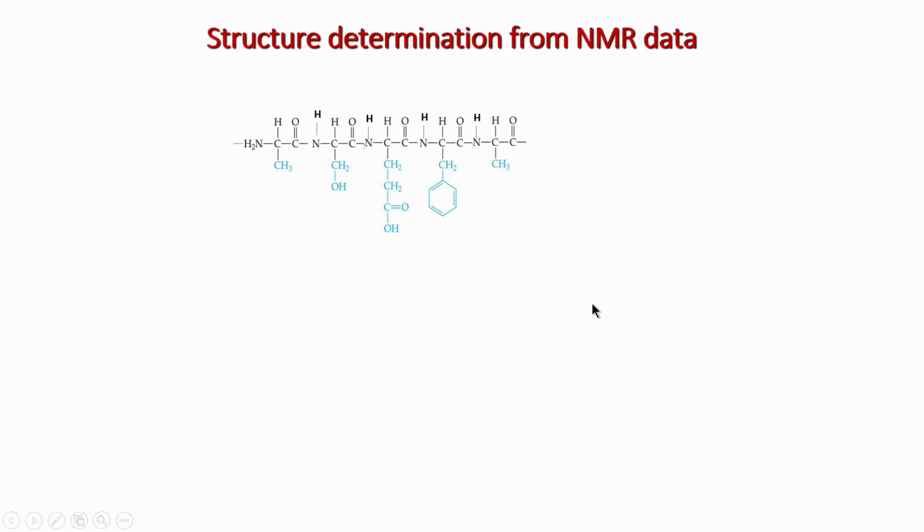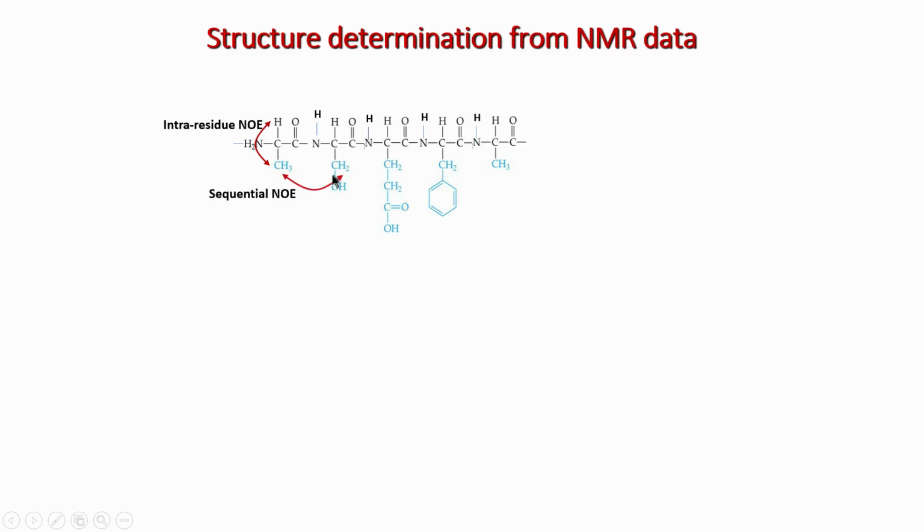So, let us see now how we classify the different correlations. Number one is, suppose I see a correlation in NOESY between a proton like this and a proton in the same amino acid. So, this is an amino acid called alanine. In that alanine I am seeing a correlation between the alpha proton and the beta proton. As I said, this is called self NOE or intra-residue NOE. This is not so important for us because the distances do not normally vary, they are fixed distances. So, this is not such an important correlation for us, but it is always there in the spectrum.